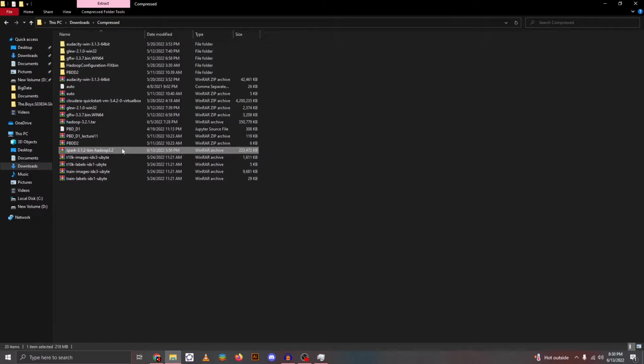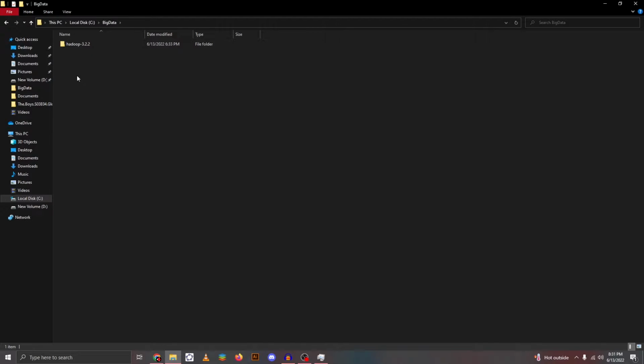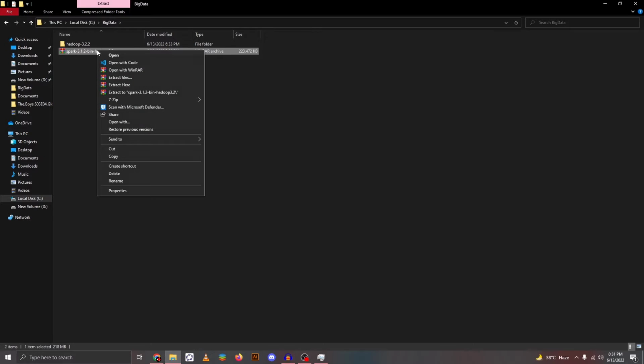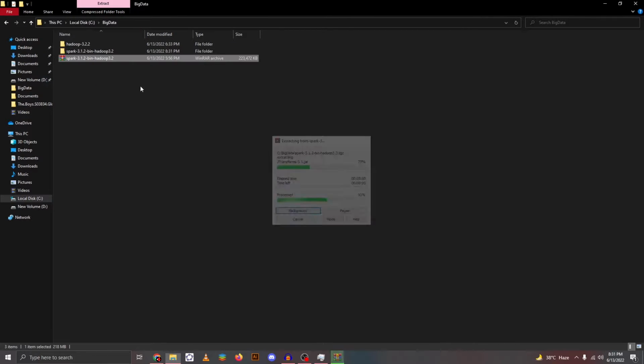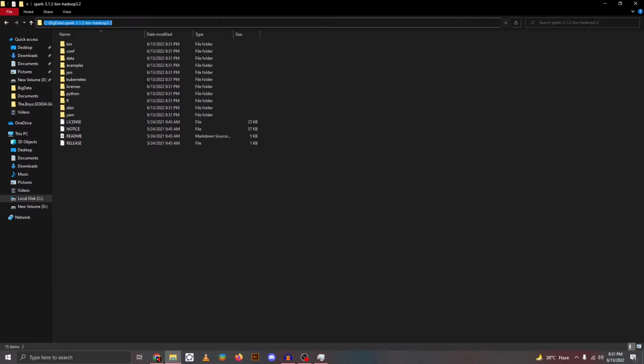I've downloaded it here. So once you've downloaded this, cut it from here and make an extra folder here. I've made this folder, so I'll paste it here. I've installed Hadoop here earlier, so extract the folder now. Copy the path,